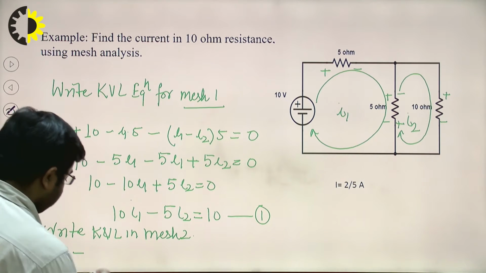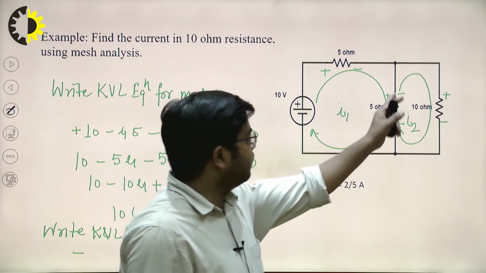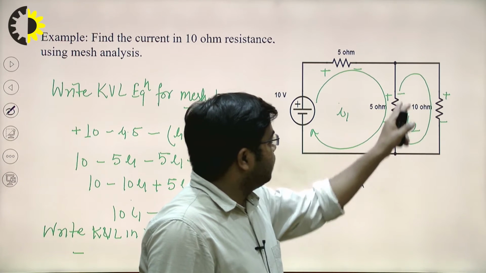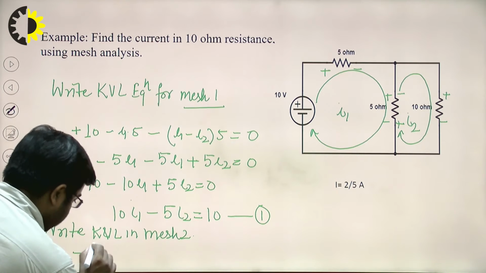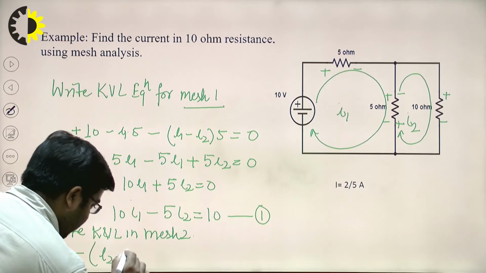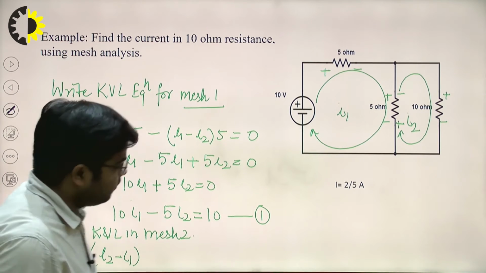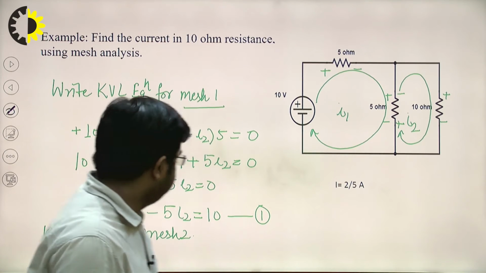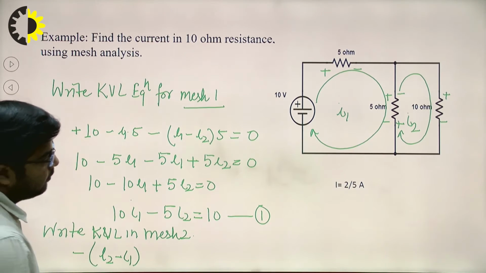So minus, you are going in this direction, I am applying the KVL. So plus to minus, so minus, then write I2 minus I1, because through this resistance, this current I1 and I2 both are flowing. So I2 minus I1 into 5,